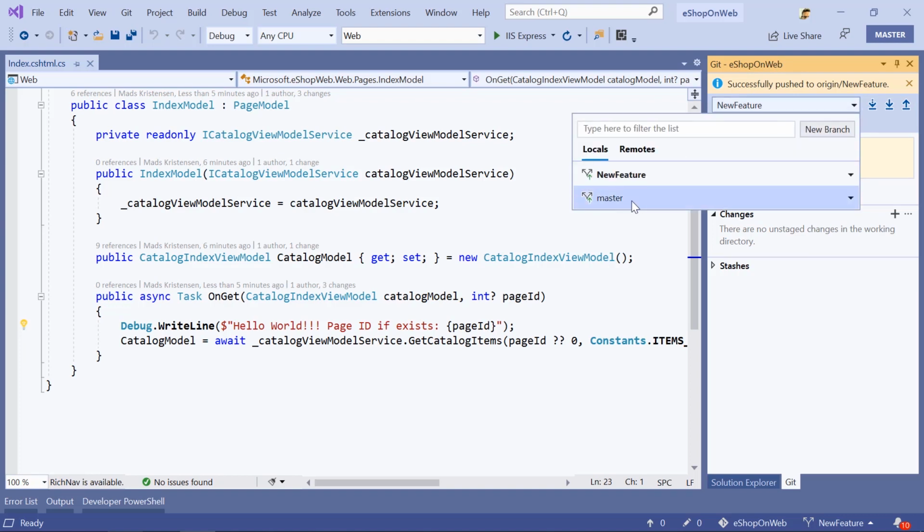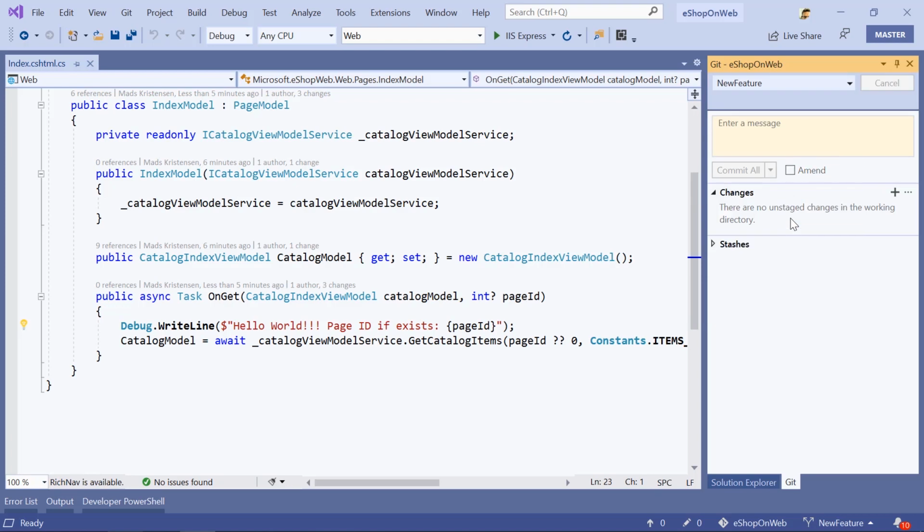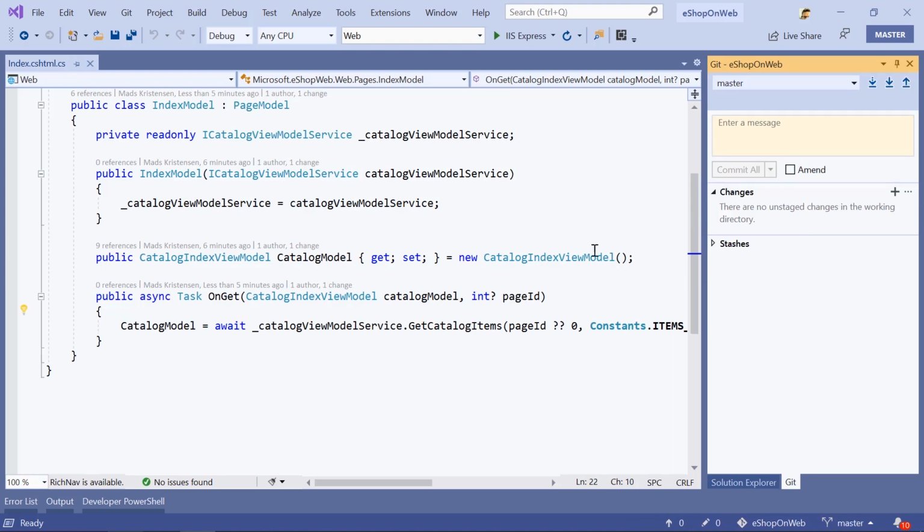Let's switch back to our master branch. Once you do that, we can see that the changes that we just made to add the debug statement are not in the master branch. They were made only to the new feature branch. So what we need to do to get that into master is to